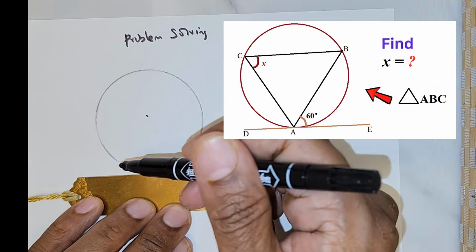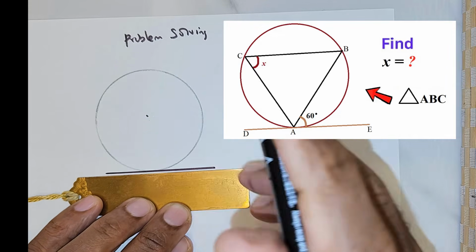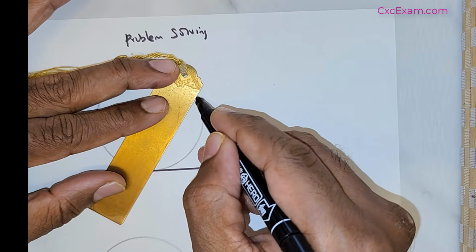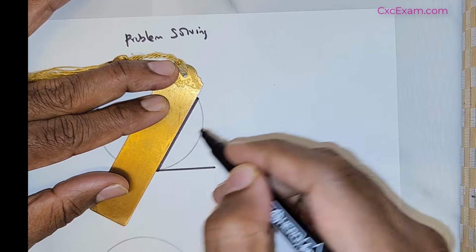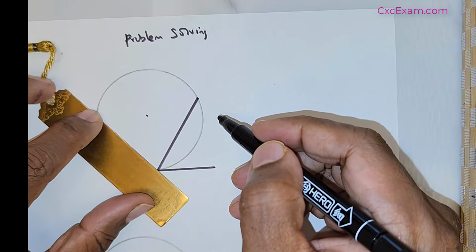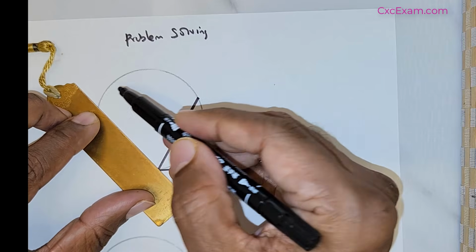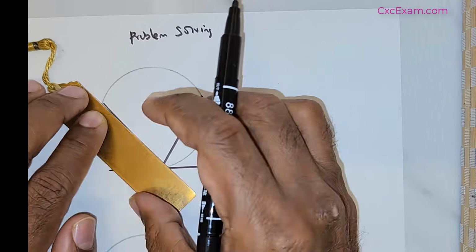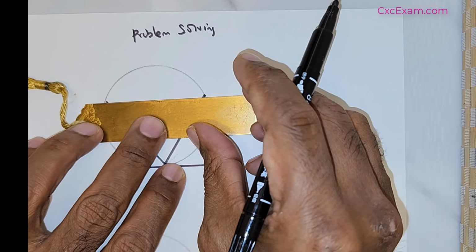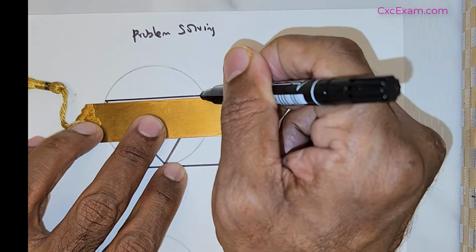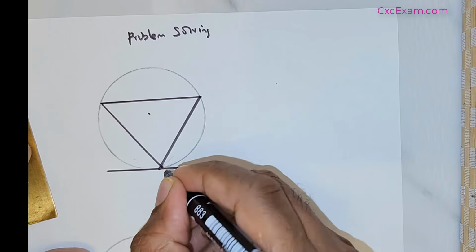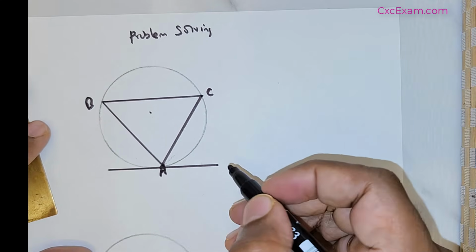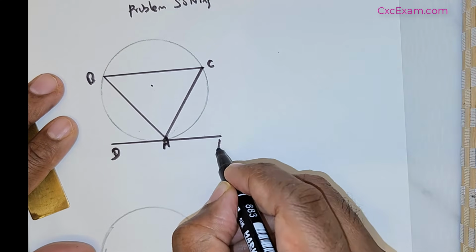So let me draw the tangent. We have a tangent like this, and then there is this chord which is actually hitting the tangent, and then this chord is connected with another chord, and we complete a triangle. So let me name this as A, B, and C, and the tangent as DE,